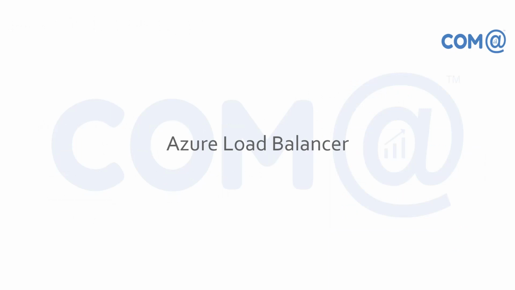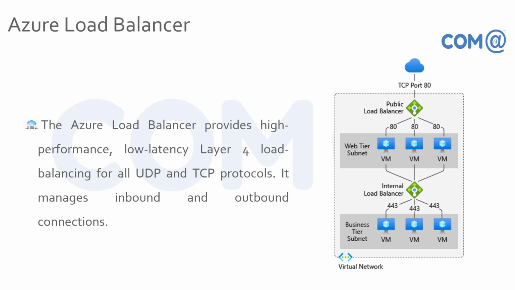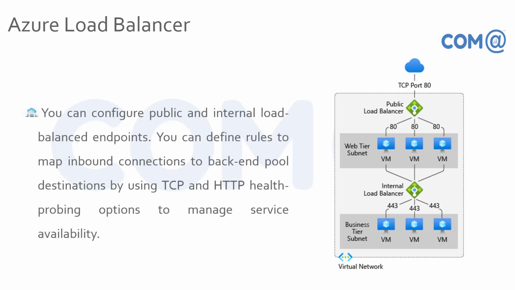And now understanding about Azure Load Balancer. The Azure Load Balancer provides a high performance, low latency layer 4 load balancing for all UDP and TCP protocols. It manages inbound and outbound connections. You can configure public and internal load balanced endpoints, and define rules to map inbound connections to backend pools destination by using TCP and HTTP health probing